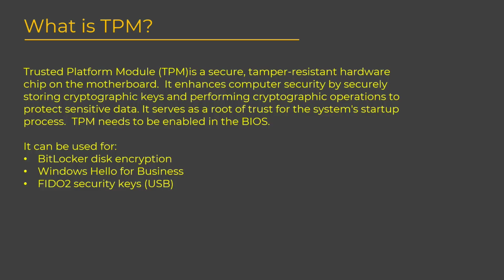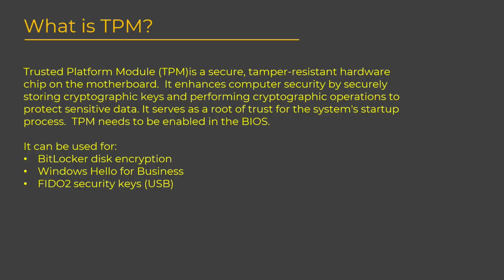It serves as a root of trust for the system startup process. TPM needs to be enabled in the BIOS. That's important. So TPM can be used for BitLocker disk encryption, which we're going to demonstrate in this video,